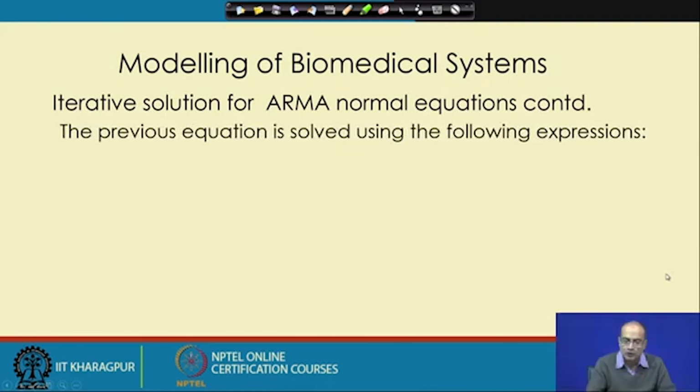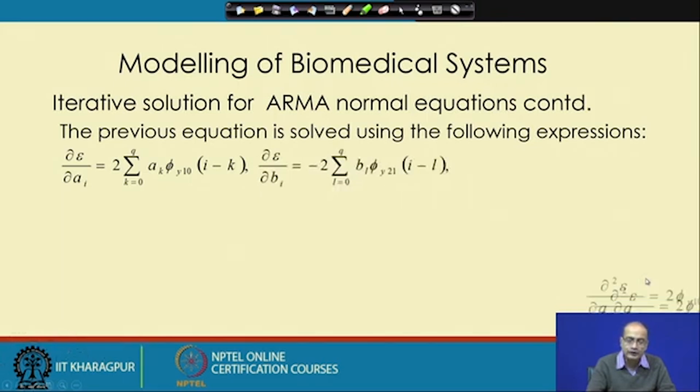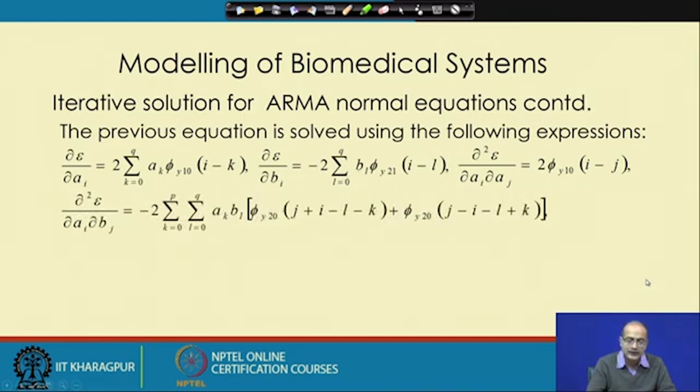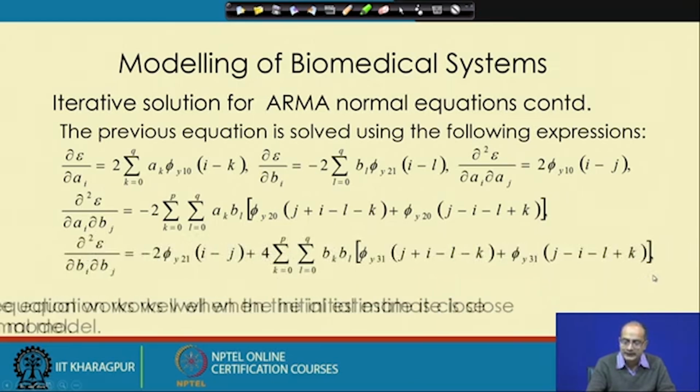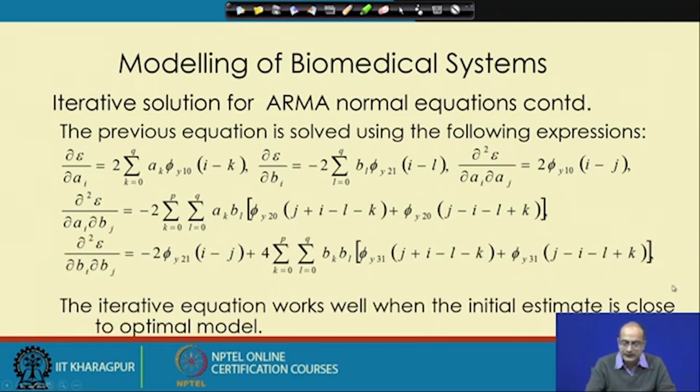So, using that we can get a number of equations using the first and the second order derivatives, and that we can solve these equations. Using these equations we can compute the value of AKs and